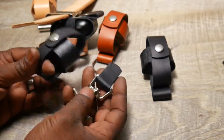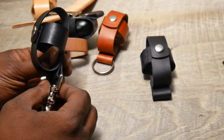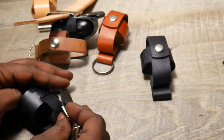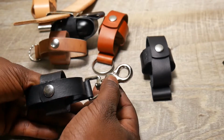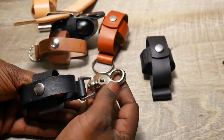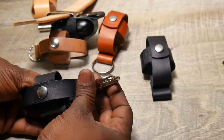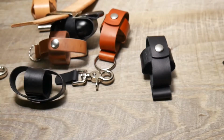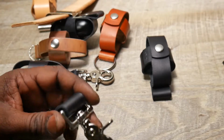And so the option would be to, like, I could rivet this on here, or stitch it on, or whatever. And then you could also have, you know, like a lanyard type deal. So you could clip this onto like a bag, a backpack, a belt loop, whatever, and then you would have that hanging. And then of course the other thing is, you know, these trigger snaps come in different sizes, so